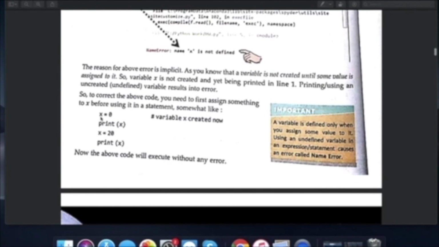Instead, if we write it like this, x equal to 0 and then print x, x equal to 20, print x, now it will not give any error because x has been created in the memory and the value that has been stored in that particular location is 0.